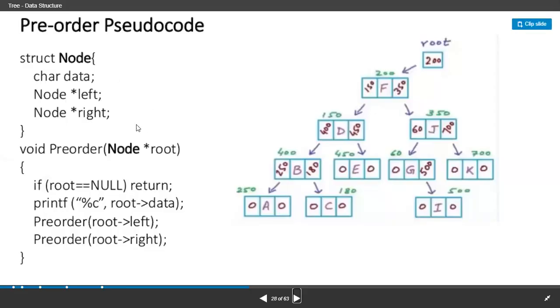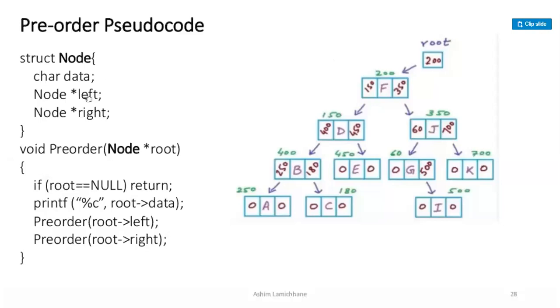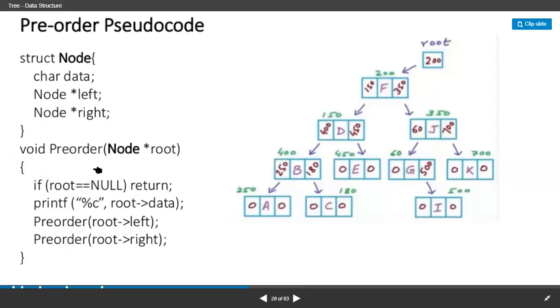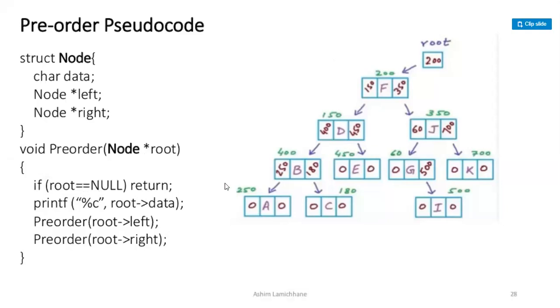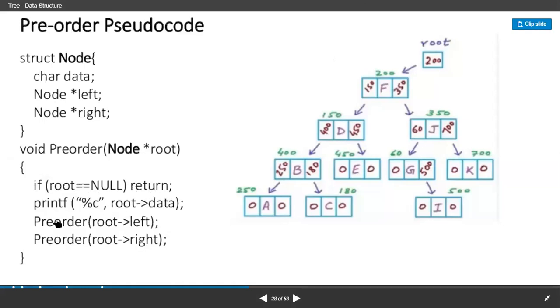In the pre-order, we'll start with the structure. The structure is called node, and we have seen that in a node there will be data and the left and the right pointer. Previously in the linked list, we used a next pointer and a previous pointer, and in this case we are using a left pointer and a right pointer. Then in the pre-order case, we start with the node root. If the root is null, we return, because the root being null means there is actually no tree. But if the root is not null, we call the pre-order function with root left,